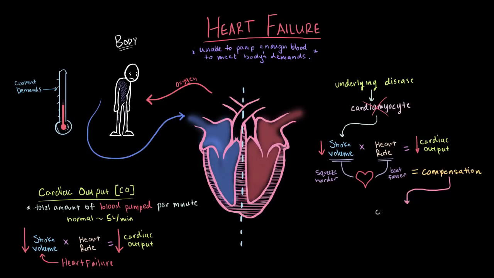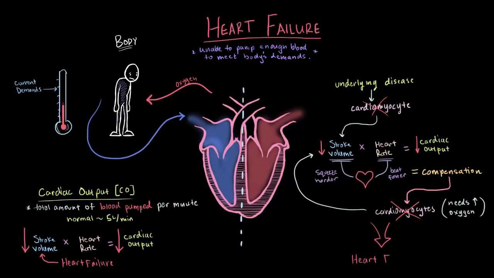supply. But over time, those surviving muscle cells become overworked because they're constantly trying to either beat faster or squeeze harder. But to do either of those things, those cells need more oxygen. And since this is the whole issue with heart failure in the first place, a decreased supply of oxygen, those muscle cells won't receive the oxygen and more muscle cells tend to die off. And when more die off, stroke volume goes down even more. And this causes that whole cycle to repeat, which causes heart failure to get worse and